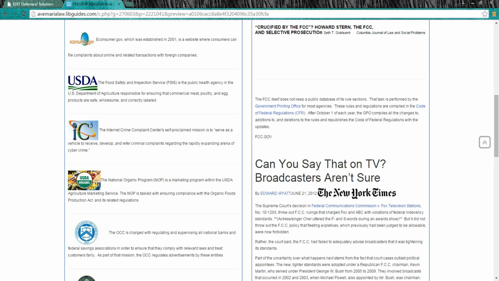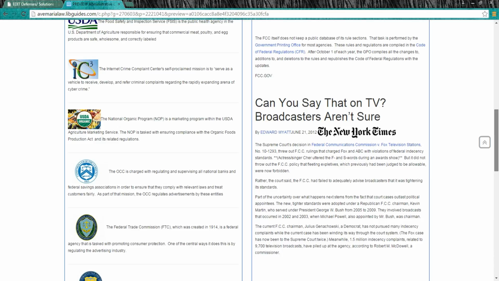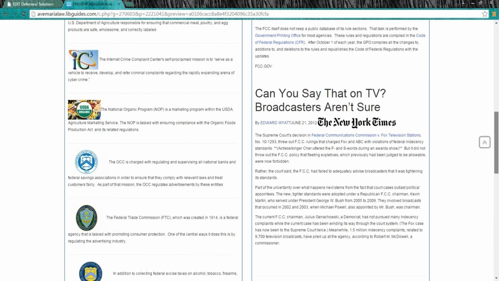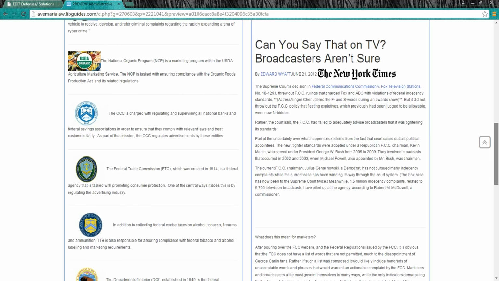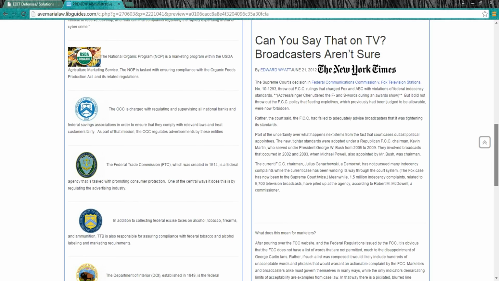And then this shows where you can go to get the FCC rules sections. And I thought this was interesting. They list them under the Government Printing Office, which we talked about in class again. And then you can find them in the Code of Federal Regulations, the CFR, and the Government Printing Office prints them out. Can you say that on TV? Broadcasters aren't sure. I thought this was a good article from the New York Times, and it says basically,